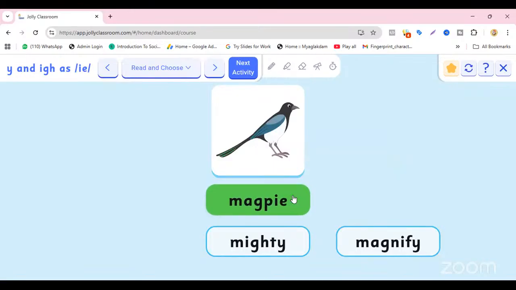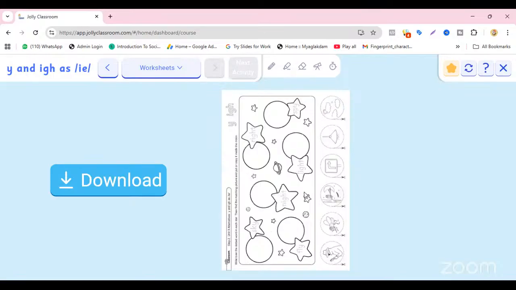So you can give options. You can prepare these word cards, flashcards having the word, and you can show the picture, and the children have to pick up the right flashcard or right word. So magpie will come. So read and choose. And then we have this worksheet. Let's move to the next